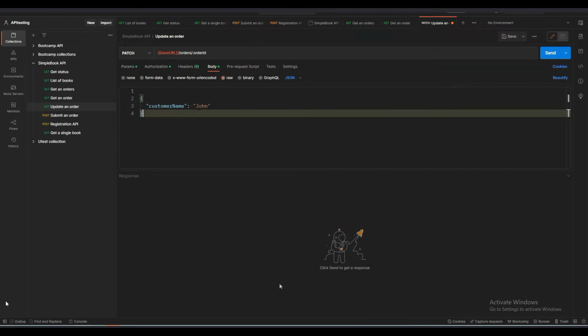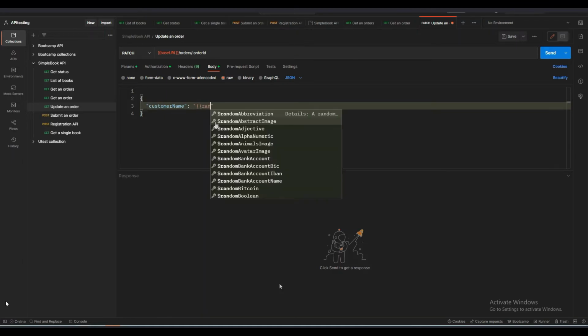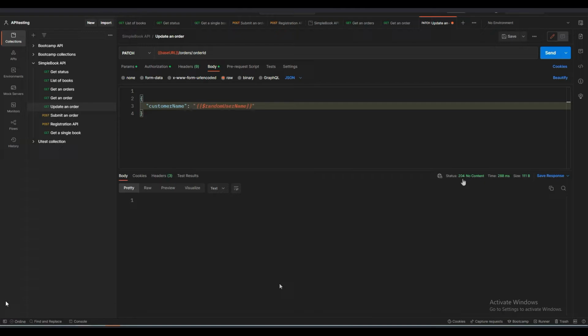Let's return to our body, and I would like to show you another function of Postman. I don't want to call my customer John. I just want to randomize this name and use a random username variable. But how can I know